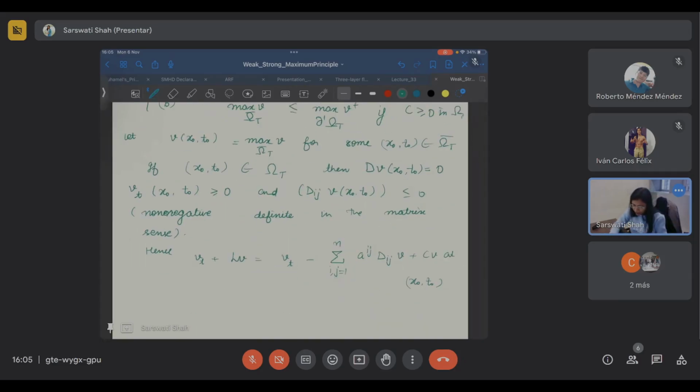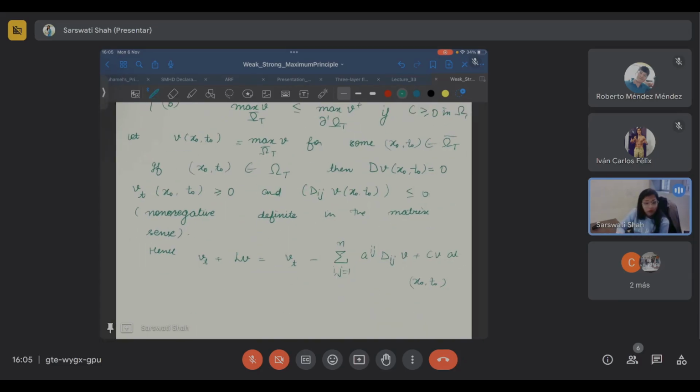Okay. So suppose (x naught, t naught) is a point from the domain omega T bar. That point may lie on the boundary, or that point may lie inside the region, such that it attains its maximum at that point. If that (x naught, t naught) lies inside the domain omega T, then